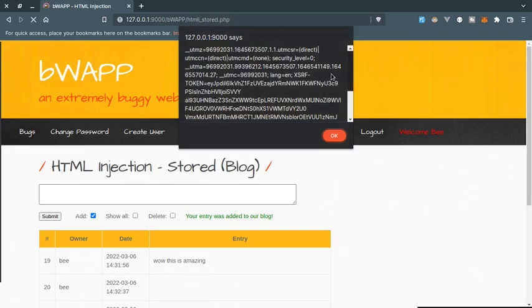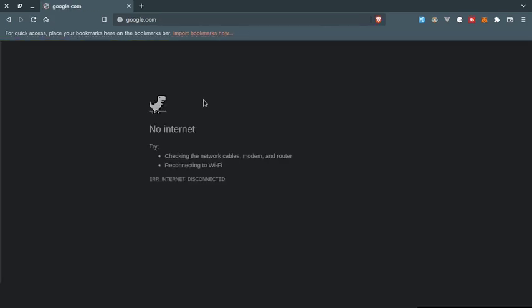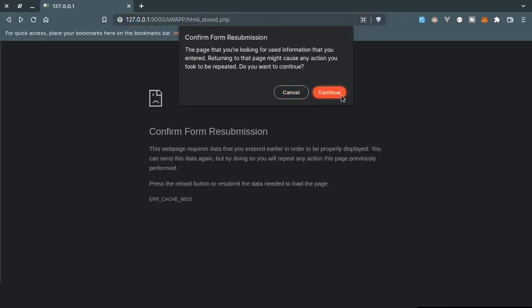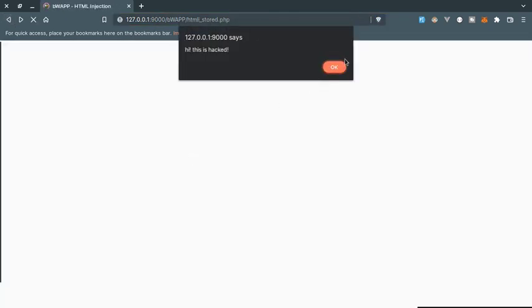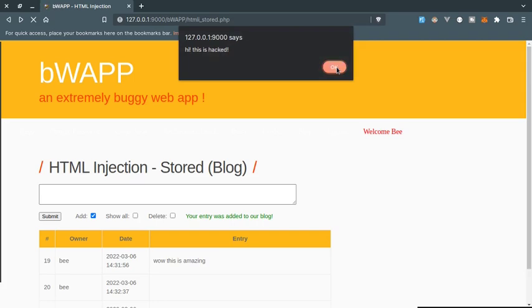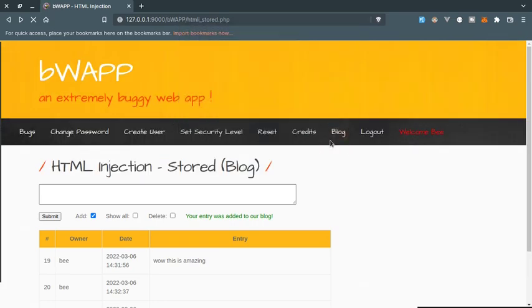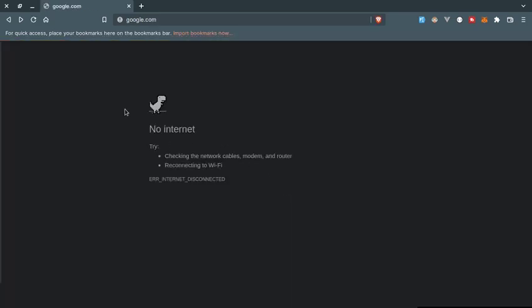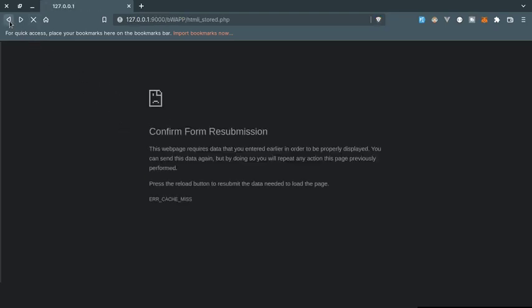Alert. As you can see, we are redirected to google.com, so it's very dangerous if you don't validate the user input. It is always redirecting the user to the Google website. So now you can't even use that page. If I go back,